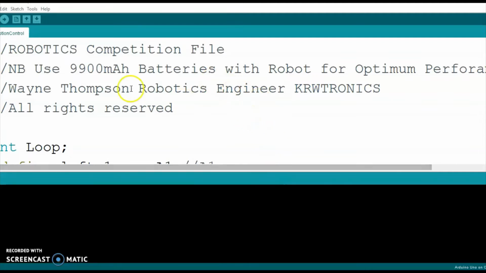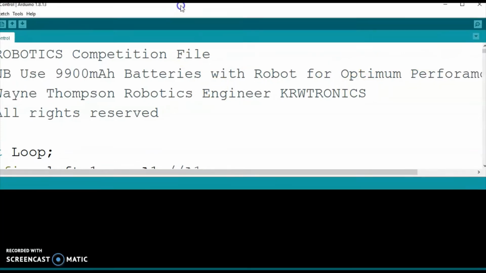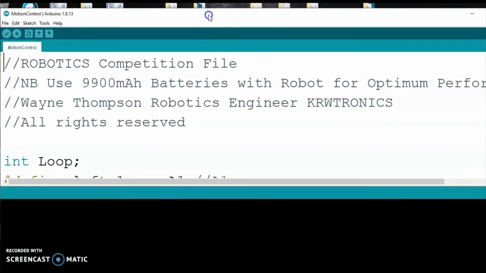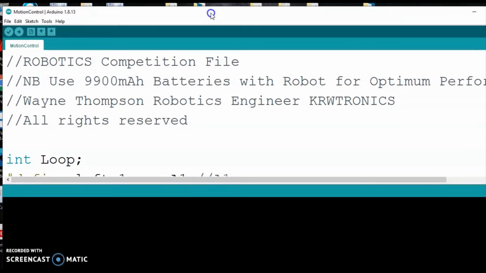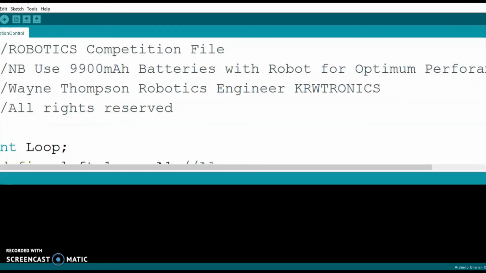So we did the PowerPoint presentation earlier. This is actually the Arduino coding interface. So in the Arduino coding interface,